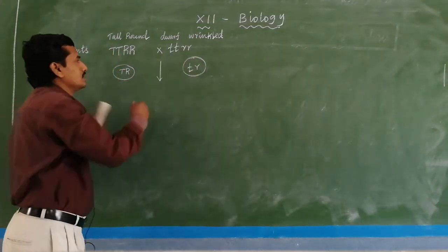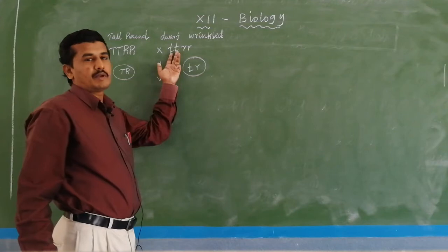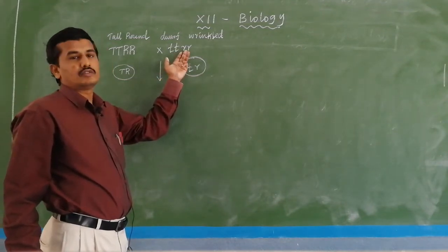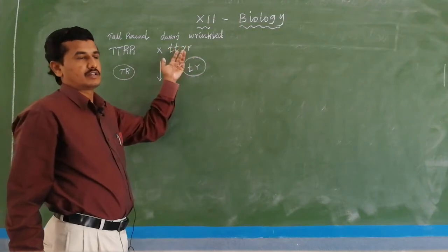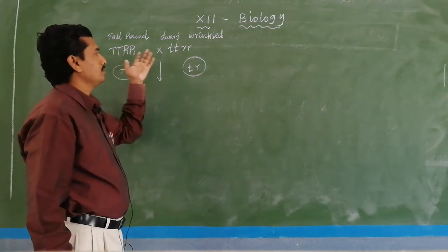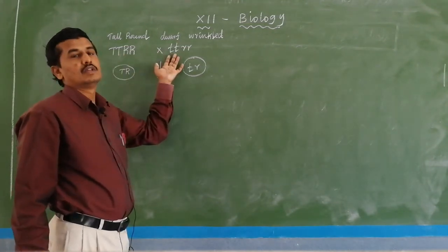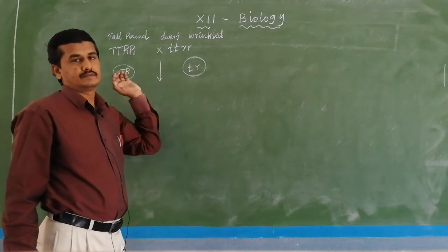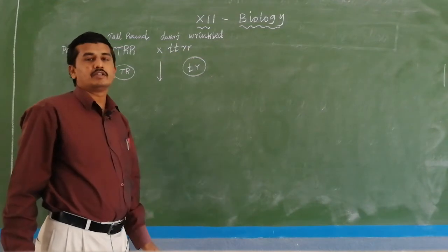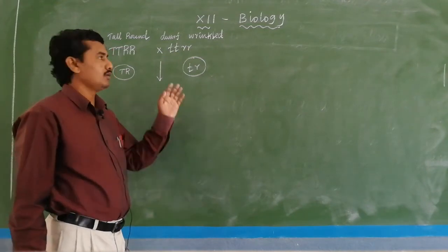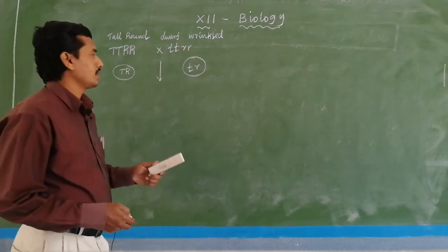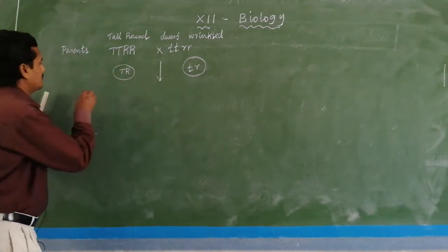Here also, the dwarf plant with wrinkled seed. The dwarf plant contains two versions of genes, that is small t, and the wrinkled seed is small r, not W; we take R. As per the rule, we take the dominant letter, and the alternate recessive version is the small form of the same letter. Do not take dwarf as capital D and wrinkled as W. It is actually wrong. As per the rule, we take the same letters in small form. Okay, this is actually the gamete.